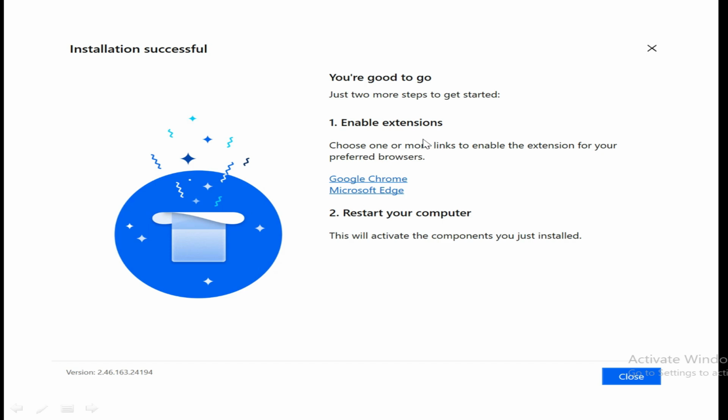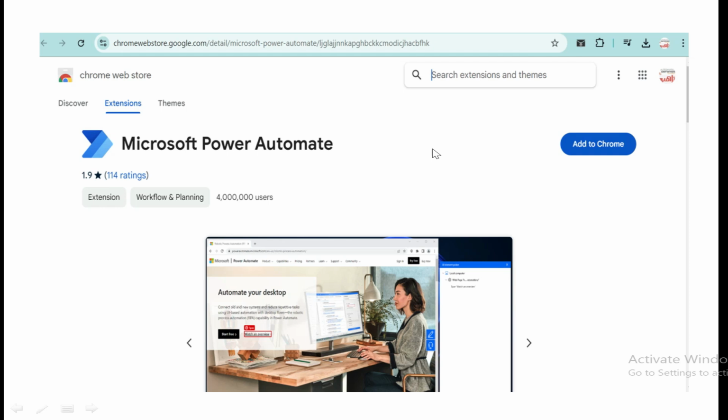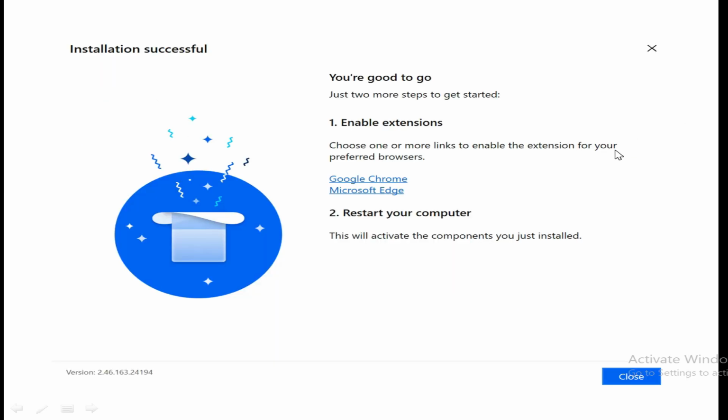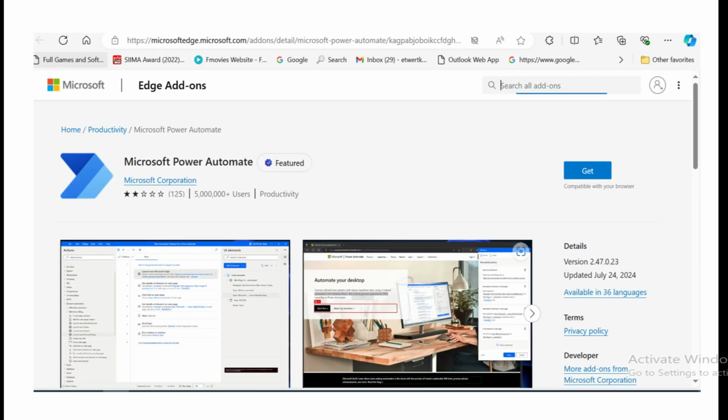Then it will show the Google Chrome and Microsoft Edge enable extensions options. You have to click Google Chrome and Microsoft Edge. First I'm clicking Google Chrome. Then Google Chrome will open with the Microsoft Power Automate extension. Click Add to Chrome. Then click Microsoft Edge again. You will get the Microsoft Power Automate extension in Microsoft Edge. Once you click Get, it will be added to your Microsoft extensions. Once it is done,